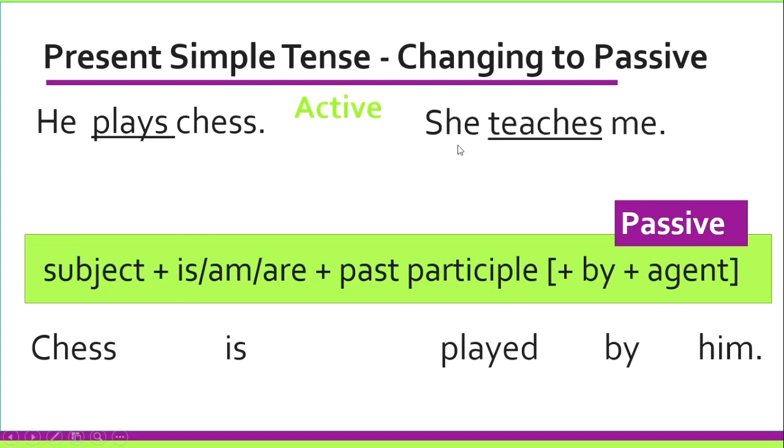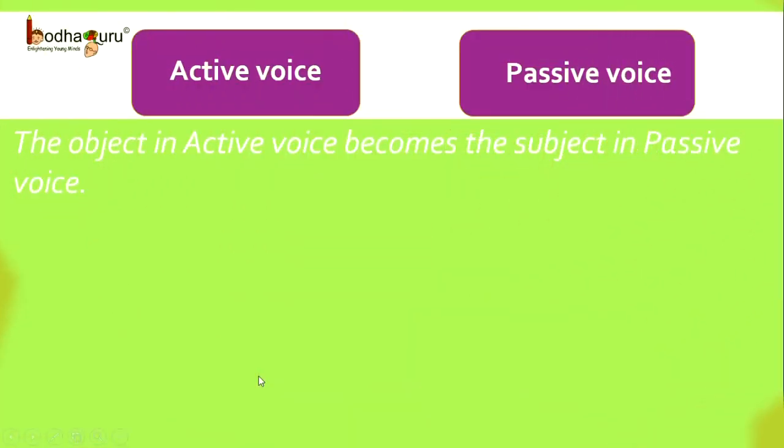Next sentence. She teaches me. How do we change it to passive? In this sentence, let's swap the places of the subject and the object, and what do we get? I am taught by her. If you see, the structure of the sentence is the same. The subject plus either of is, am and are plus past participle, that is taught, and by her. So remember, when we are changing from active voice to passive voice, the object in the active voice becomes the